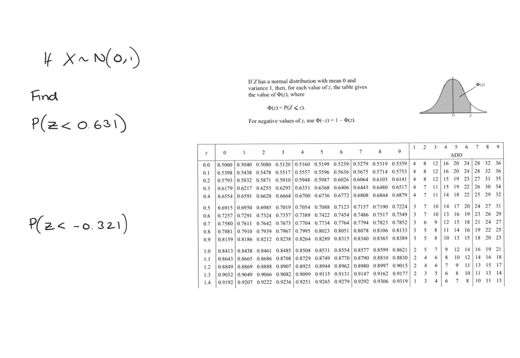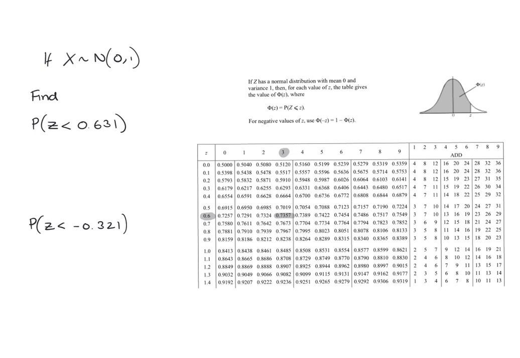Now, when we're using statistical tables, our statistical tables are set to find when Z is less than a particular value. So it's always a less than situation in our table. So this one matches and 0.63 is in our table. So what we're going to do is on the first column, we're going to find 0.6. So this is here. We're then going to find the next number along is 3. So we're going to go in the 3 row, so